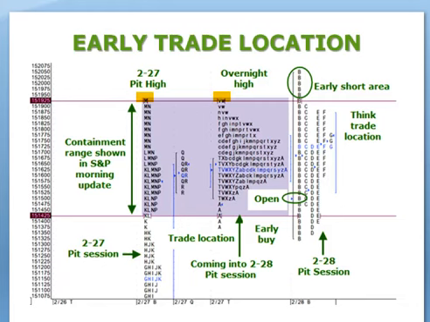Remember the three rules we talked about earlier. Stay within balance, look above the balance and fail, look above the balance and accelerate, look below the balance and fail, look below the balance and accelerate. You had two short-term trades in the first period yesterday when the market looked both above and below and failed.